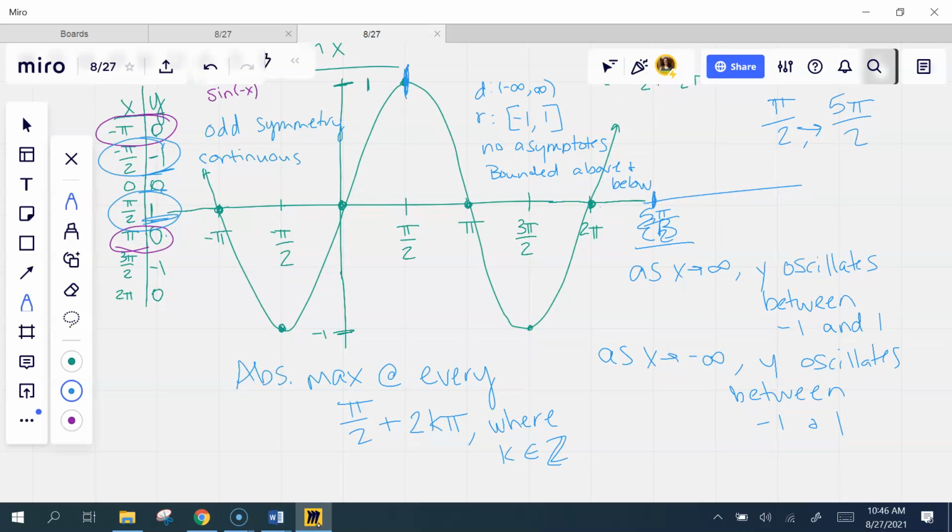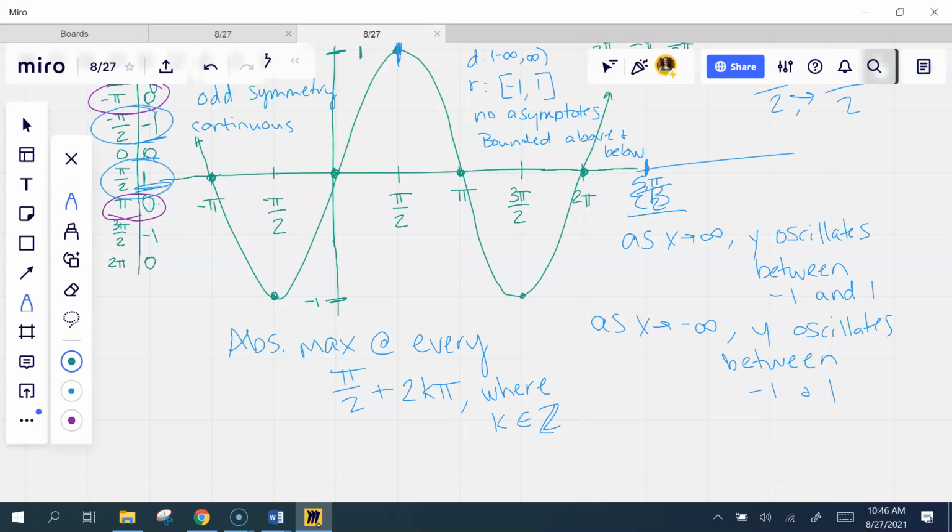Let me tell you what this means. This says where k is an integer. Because what I'm telling you is I have maximums that occur every pi over 2 plus 2 pi, but I sub in a value for k. What happens if I put in 1 for k? I end up where? Pi over 2 plus 2 pi, which is